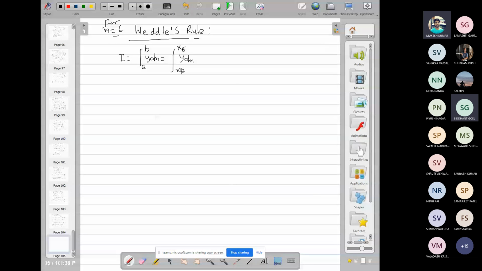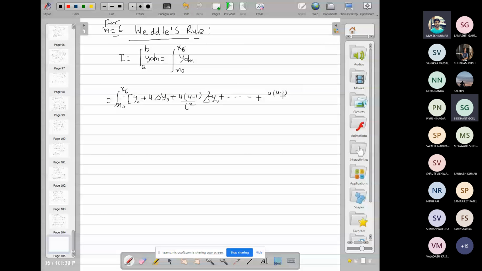So here you need to consider differences up to 6th order, that is, for x0 to x6: y0 plus u del y0 plus u(u minus 1) by factorial 2 del 2y0 and so on, plus u(u minus 1)(u minus 2) up to (u minus 5) upon factorial 6 del 6y0. It is some lengthy